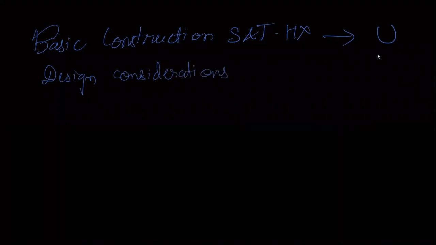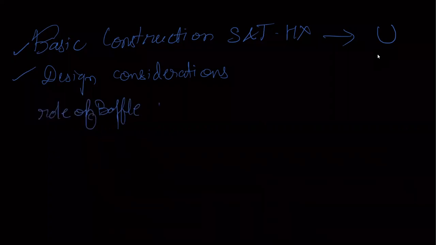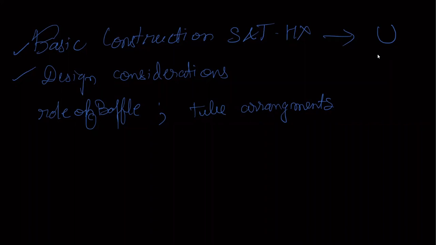So these two topics were theoretical, but you see, questions are being asked on these topics, like what is the role of baffle? Some questions on role of baffle, right? There will be questions on tube arrangements, like what happens if I change the tube arrangement from square to triangular? Which of the following has the highest packing density? Some straightforward questions like this can be asked in GATE, and they have been asked previously.